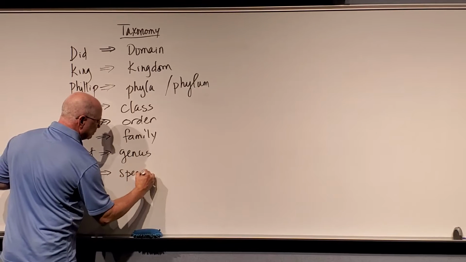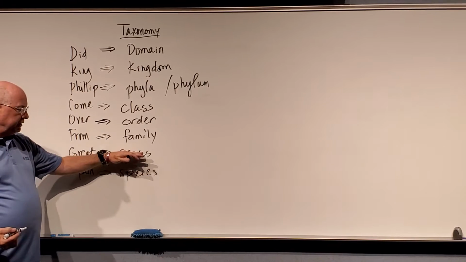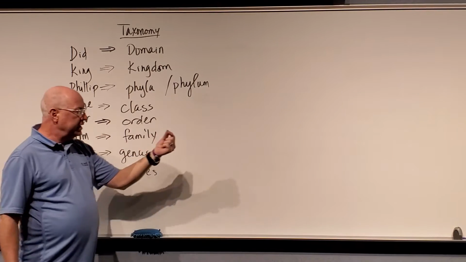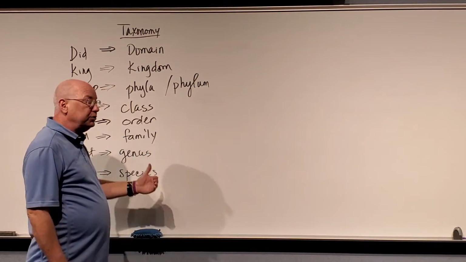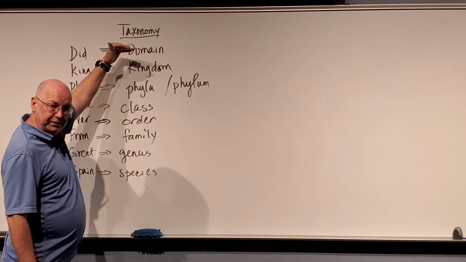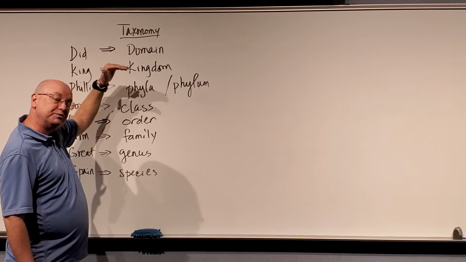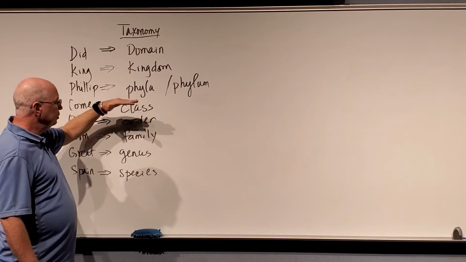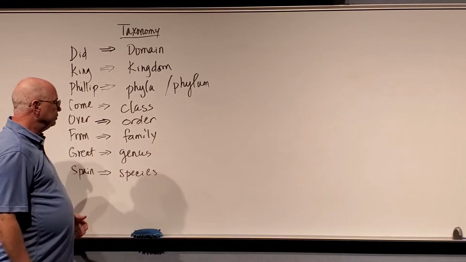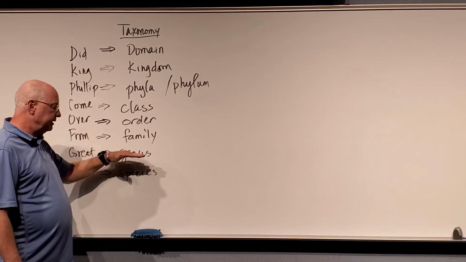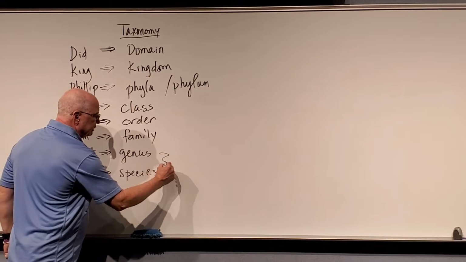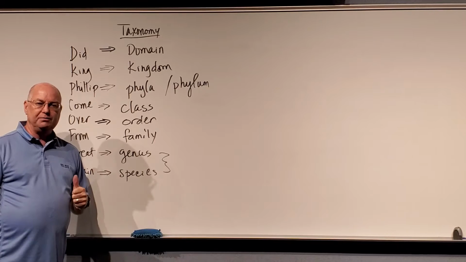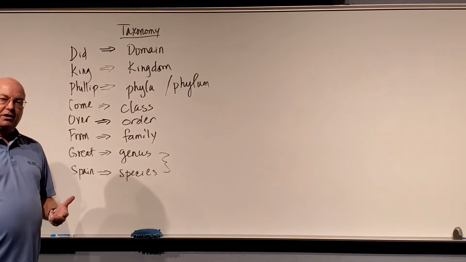So when we talk about the taxonomy of organisms, and we're talking about the genus and species, we really technically could go through every one of these. If I gave you an organism, we could literally list what is the domain it would be found under. Within that domain, which specific kingdom does it belong to? Which phylum within that kingdom does it belong to? Which class within that phylum does it belong to? Which order, and then which family, and then genus and species. We usually just list these two. These are the two that we pay attention to when we talk about things like Homo sapiens, or Escherichia coli, or Staphylococcus aureus,